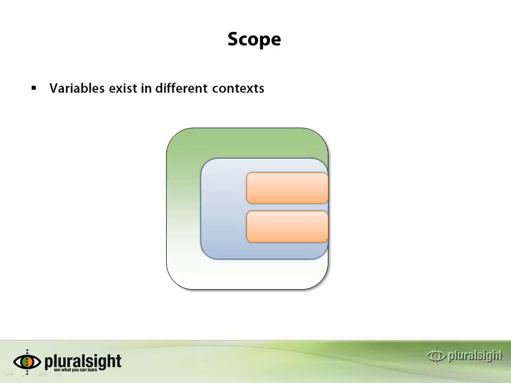And so as you see in this diagram, I'm showing that a class has a method which has statements or blocks, and the variables from the class exist all the way down that chain. But if you declared a variable inside of a block, inside of a method, it doesn't exist outside of that. So that's the whole concept of scope. And we'll look at some examples